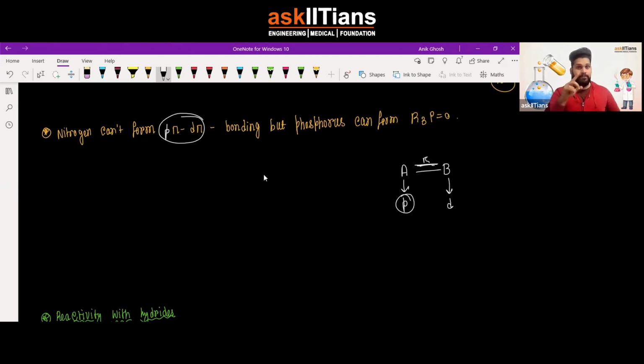If they do that, then we call it a p pi d pi. If both of them are using the p orbitals to make this pi bond, that is p pi p pi. Example of p pi is